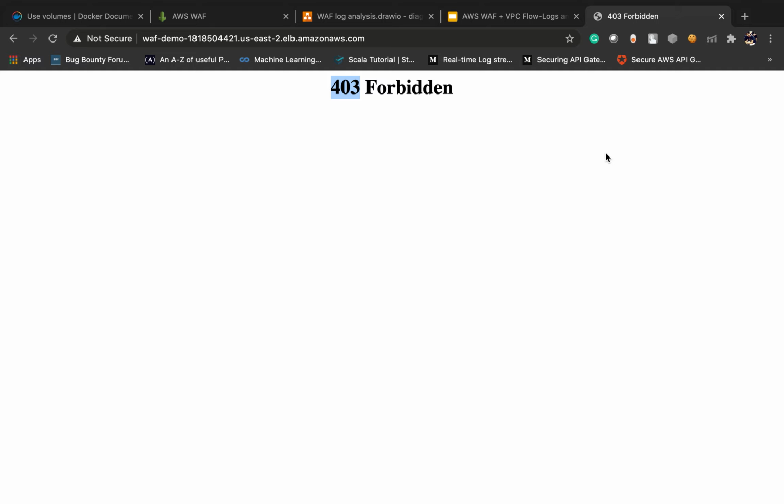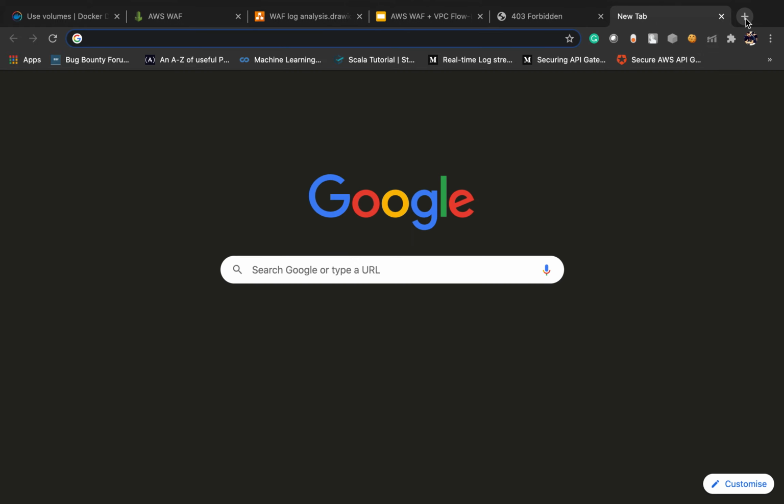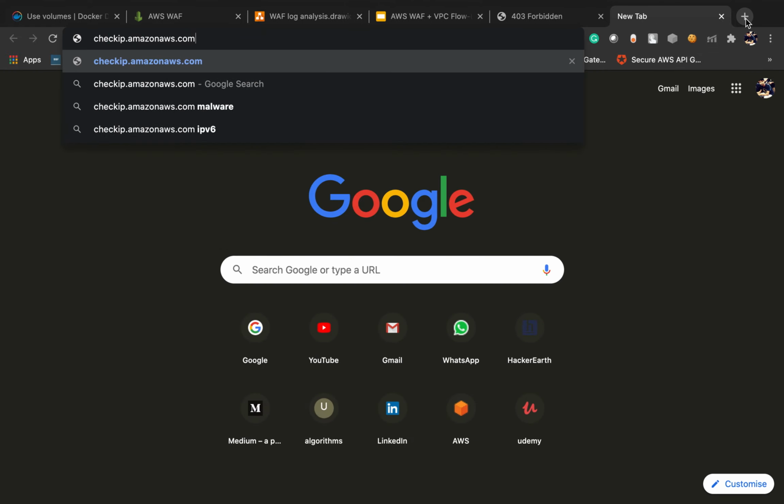Suppose I am a developer and I am running some script on my production server, at that time it will also block my IP, but I don't want this. So we will create a whitelisted rule set. For this we need to check our own IP.